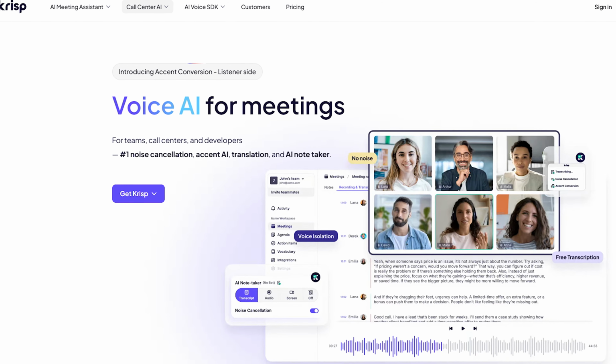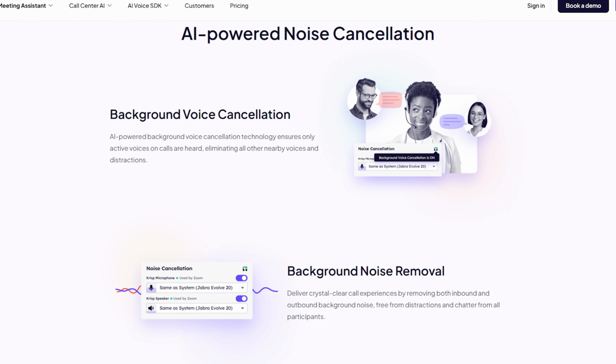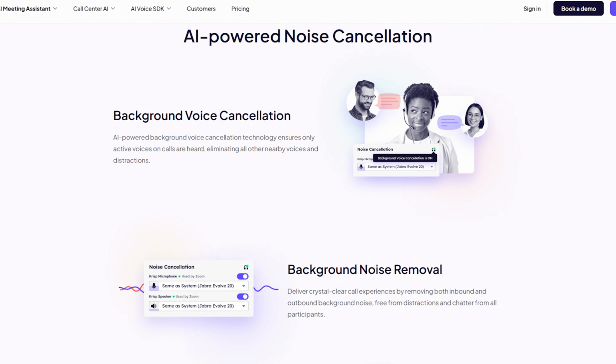But if you want something where it's kind of like a drop-off and fix-it experience, then I'd highly recommend platforms like Crisp. And what I'd say platforms like Crisp do really well is that they don't make your sound perfect. However, they make it consistently clear. And the biggest win here is the fact that they can reduce the background noise so the viewer constantly hears your message. And when it comes to audio, the best workflows usually try to fix it right away instead of